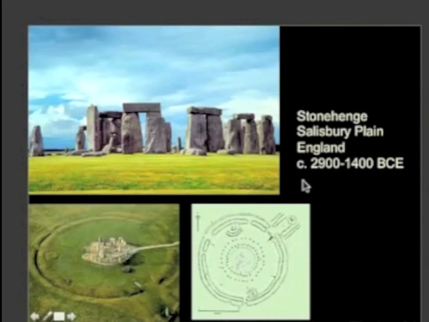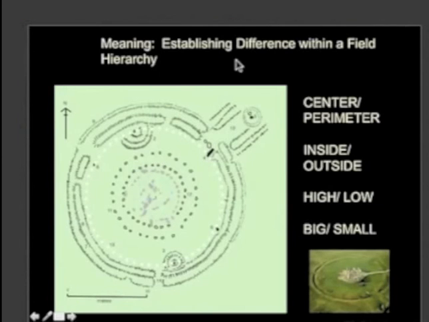But what we're going to do right now is not even ask those questions, but instead look at how this thing is organized. And if we look at it, a lot of the words we were talking about on our earlier discussion come into play here again. That is to say, there's a really clear idea of center, there's a really clear idea of perimeter, and those distinctions alone begin to set up a lot of hierarchical distinctions. For example, if you had to find the most important spot in Stonehenge, where would that be? Guy with the eagle on his shirt. What do you think? The center. Why do you think that?